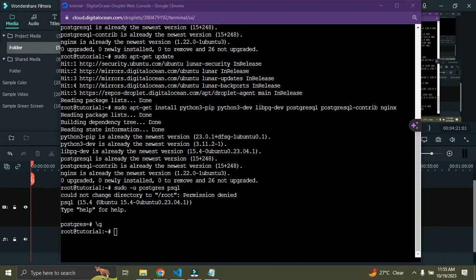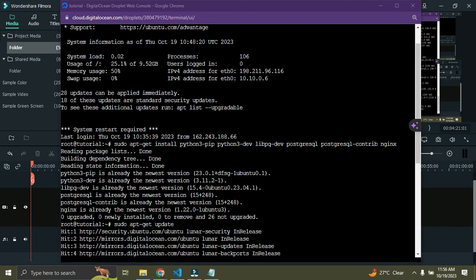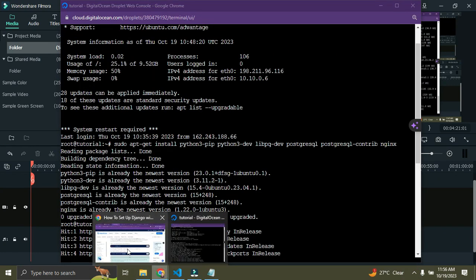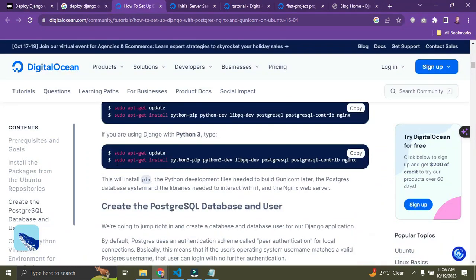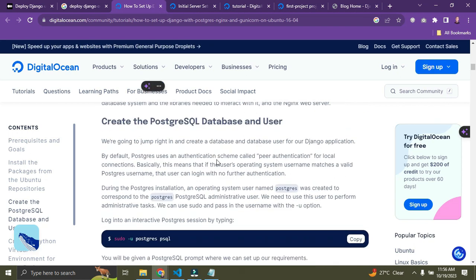So right now we are done with the installation of the important packages. Remember, let me show you something. This command here helps to install some of the necessary dependencies we need for deployment. Understand? So we are done with the installation. Now I want to create a Postgres database. Understand? So now we want to activate our interactive Postgres session, and we are going to activate it